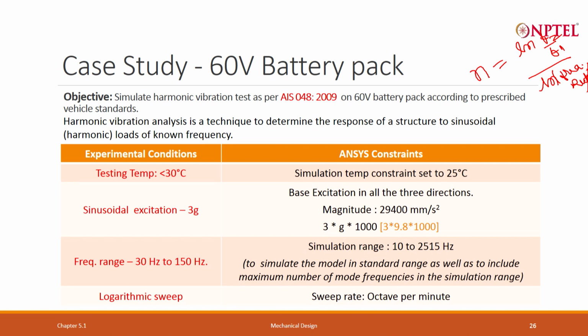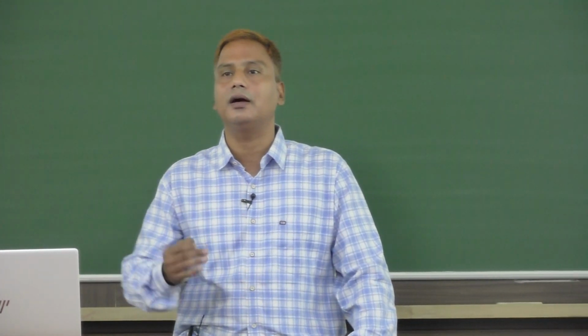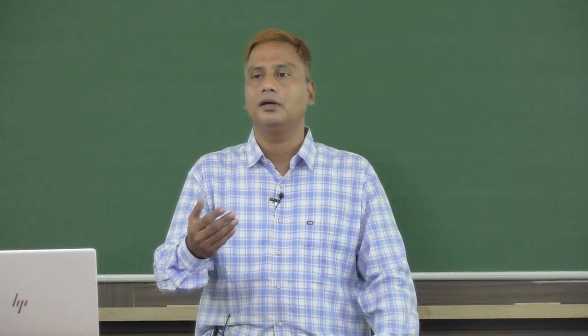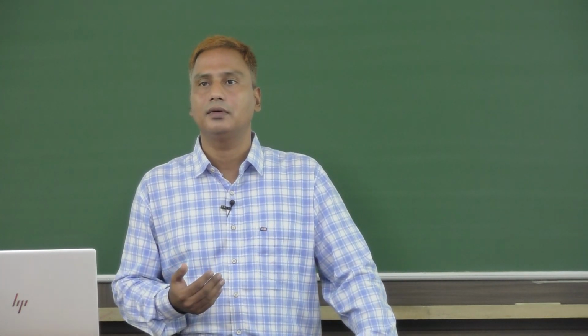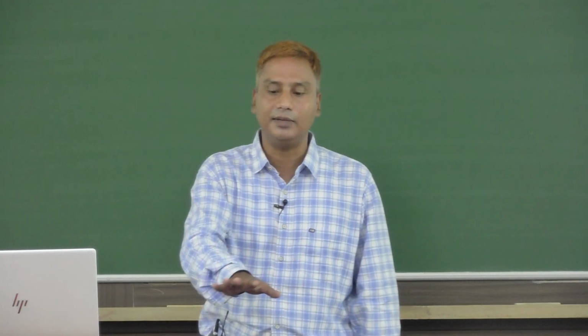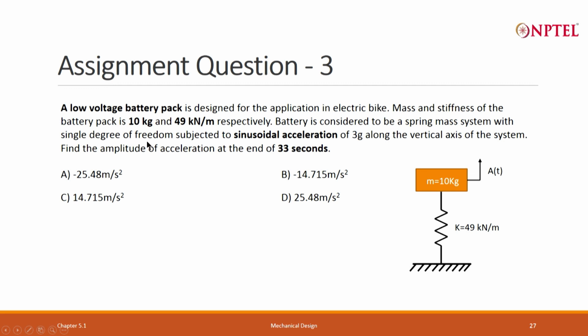If I have to go 1 by 3 octave, then I will select 31.5 hertz, 40 hertz, 50 hertz, 63, 80 and then 125. So, this sweep rate or octave is nothing but, instead of selecting all the frequencies like 30 hertz, 31 hertz, 32 hertz, we select particular frequencies only, so that it takes less time